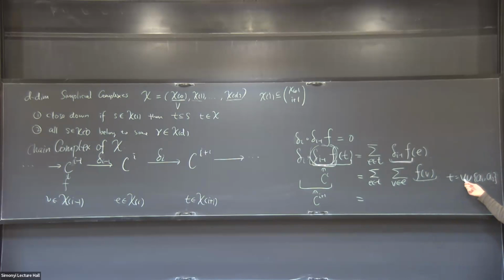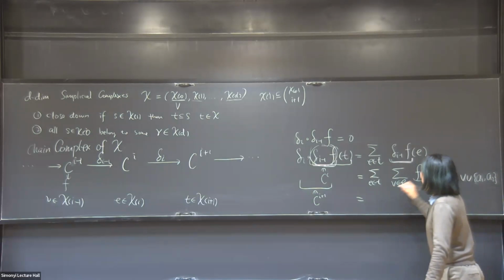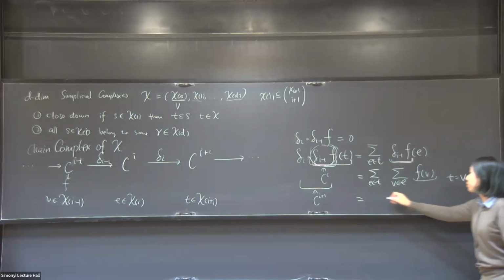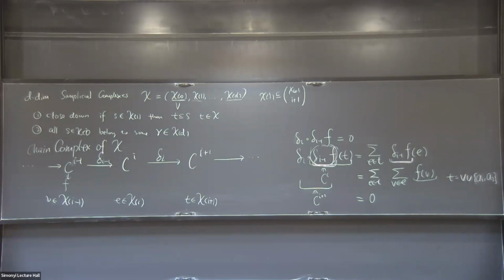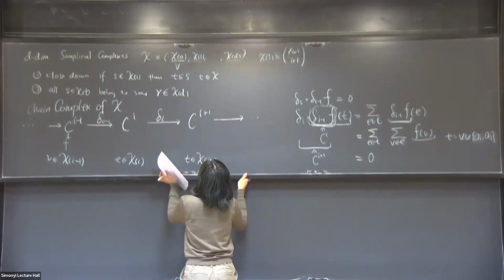Then I can get v by first removing a1 and get an e, and then removing a2 to get v. Alternatively, I can also first remove a2 and then remove a1. So every fv actually appears twice in the summation. And since we're doing operation over F2, this will give us a 0. So I guess what all this is saying is that